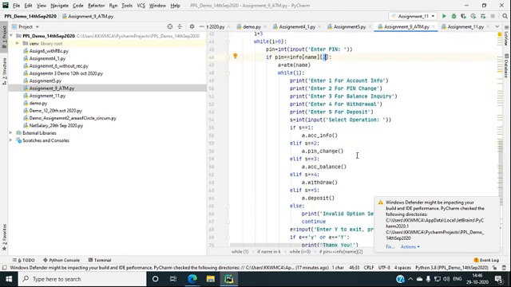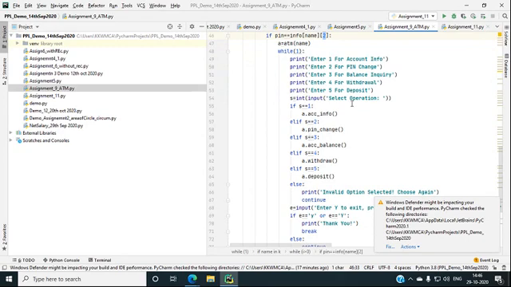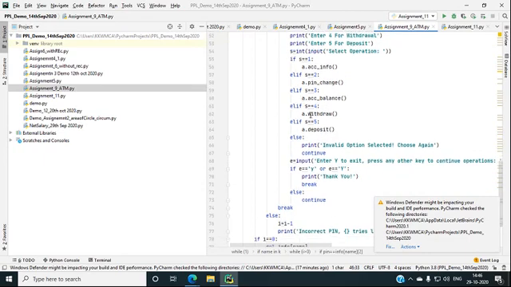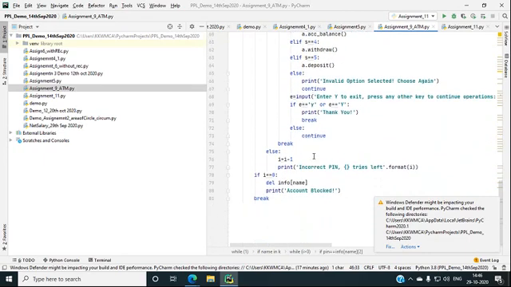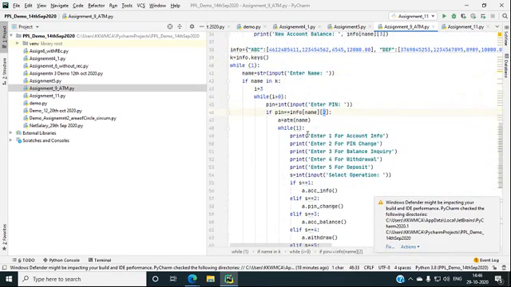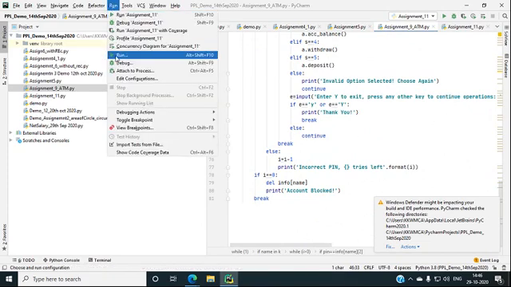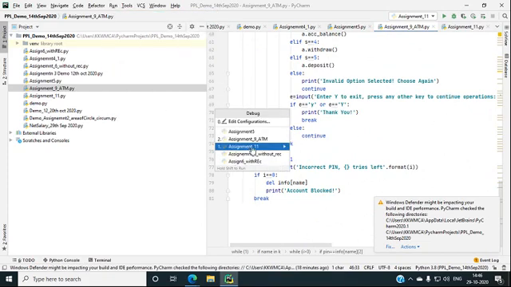Then it asks to select an operation, and whatever operation I select from this menu, accordingly it will call the methods of that class with the help of the object, and then run that program. Otherwise, if the pin for the particular name is not entered properly 3 times, then it gives the message that the account is blocked. And if I run this program, then it will show you the output.